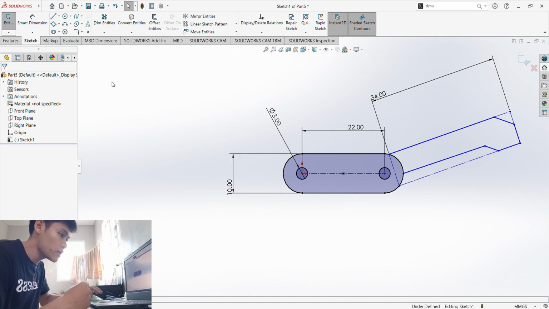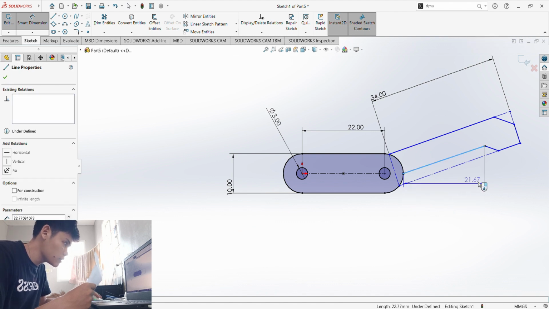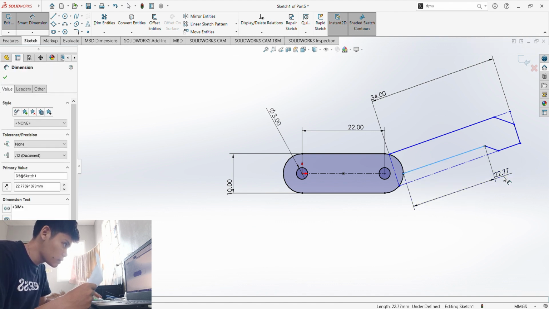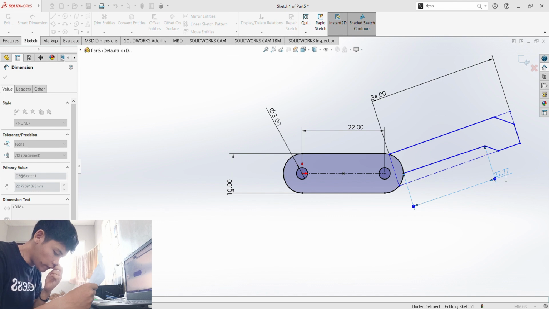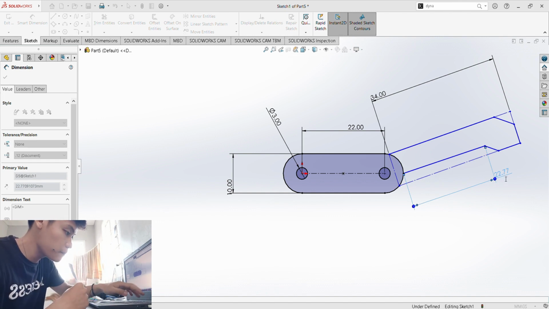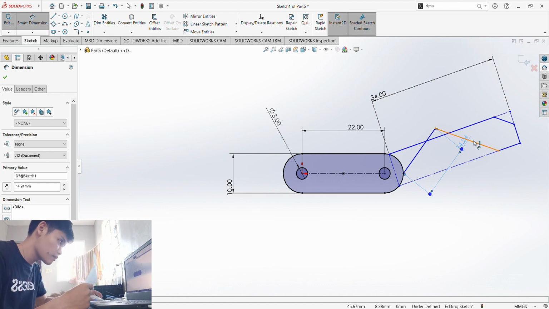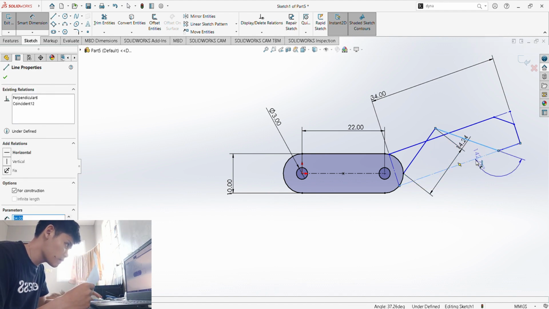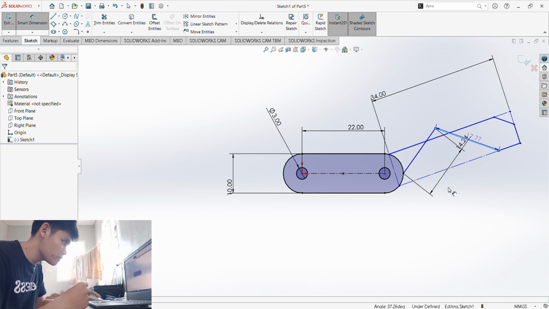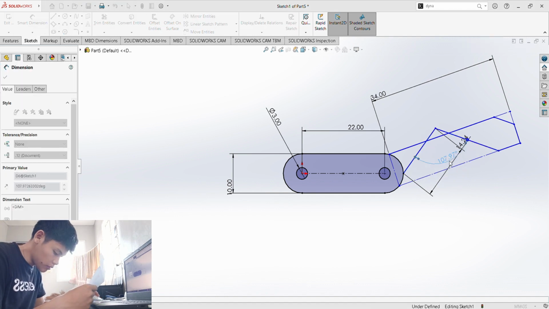So next we have to go to dimensions. This one right here should be 14.24. This one right here should be 136.